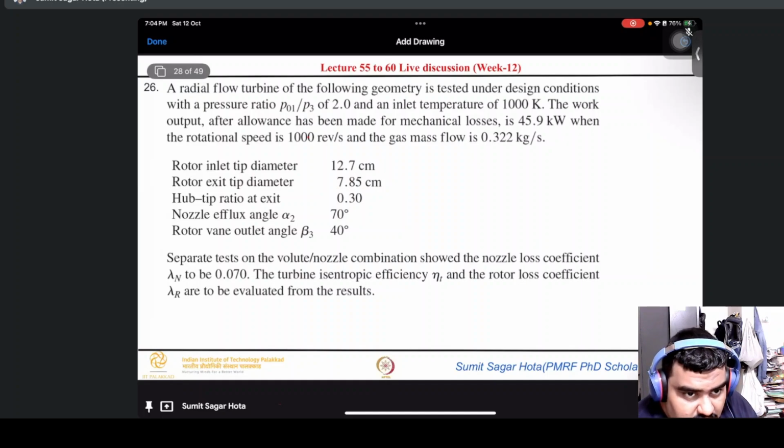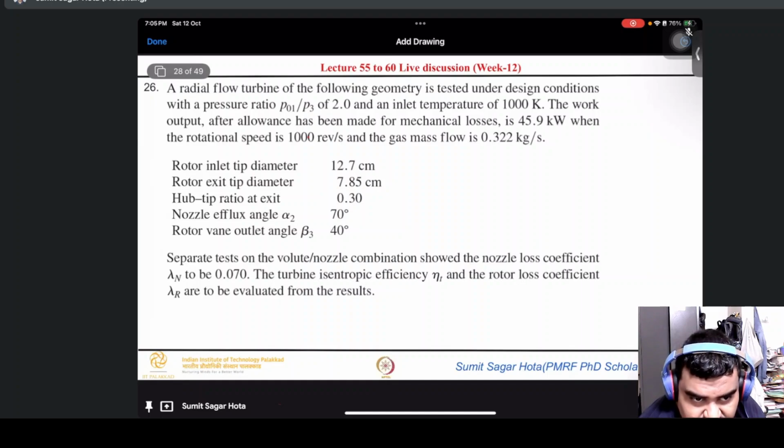A radial flow turbine of the following geometry is tested under design condition with a pressure ratio of P01 to P3 of 2 at an inlet temperature of 1000 Kelvin. The work output after the allowance has been made for the mechanical losses is 45.9 kilowatt. When the rotational speed is 1000 revolution per second and the gas mass flow is 0.322 kg per second, the rotor inlet tip diameter is 12.7 centimeter, rotor exit tip diameter is 7.85 centimeter,